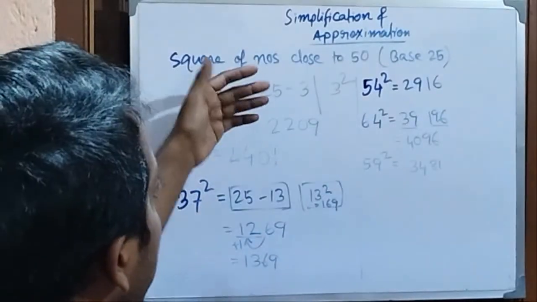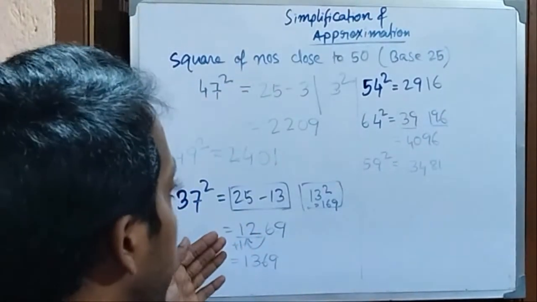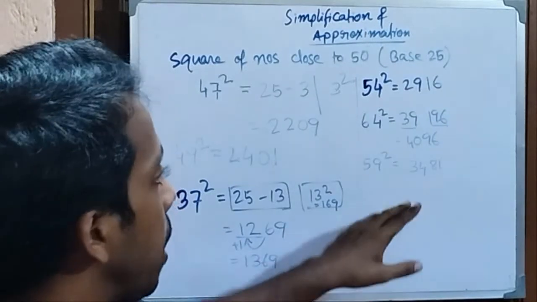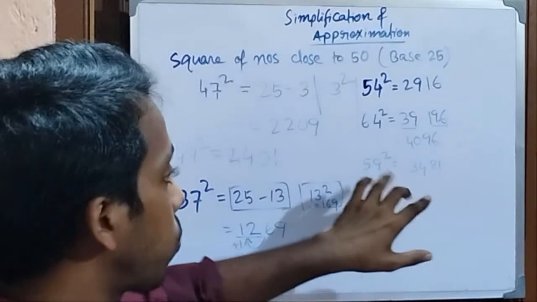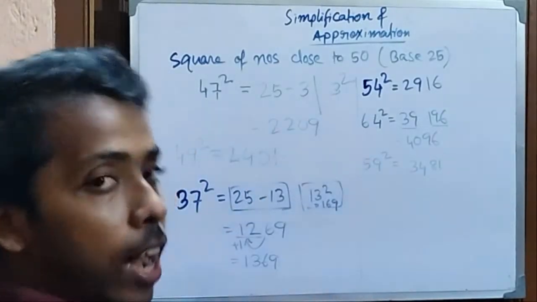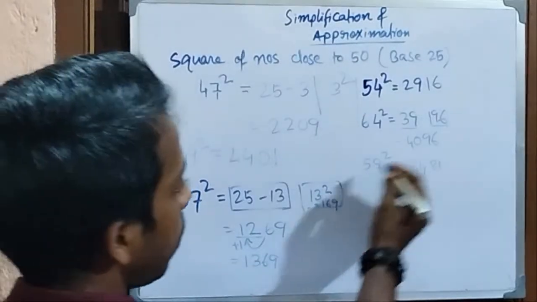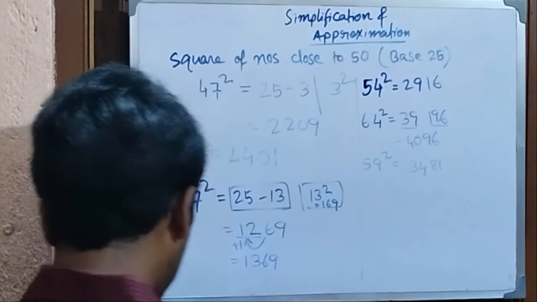Earlier I have discussed in detail what is actually needed to understand the process. But here, just in a single line, I can write down the answer, the squares of such big numbers. Later we will move to numbers close to 100 as well. Take some other example, 69 square.